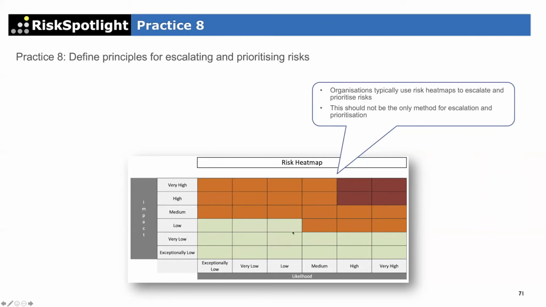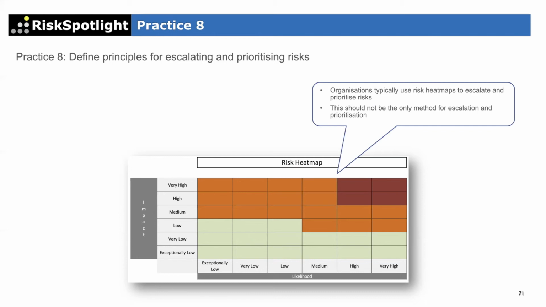And that's a very reactive way of prioritizing risk, because if you are only thinking about risk when they become amber and red, then you are reactive. We want to think about managing the risks so that they stay at the level where we want and they don't go outside the accepted level of risk exposure. So a lot of times there may be a lot of green risk which you may want to escalate, and not necessarily in addition to what you are escalating on the red or the amber side of your risk heat map. So the idea here is to think about what else we can use.